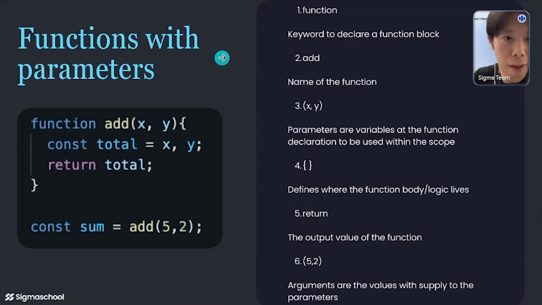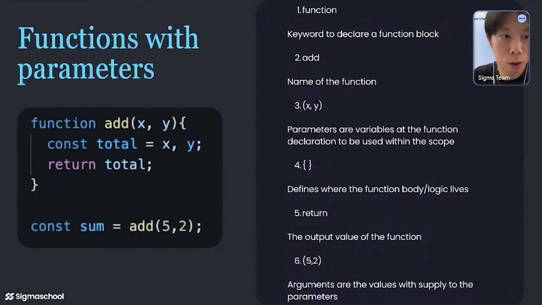So as you can see from the example, that is how you create a function, right? To break it down step by step again, the function keyword is the keyword that tells JavaScript, hey, this is a function. Over here in this example, I'm telling it to create a function called add. Previously, we didn't add any value within the parentheses, but in this case, we did. So add is the name of the function. Now, when you have a value within the parentheses, we call them parameters, right? They are basically variables that are declared within the function, to be used inside the scope.